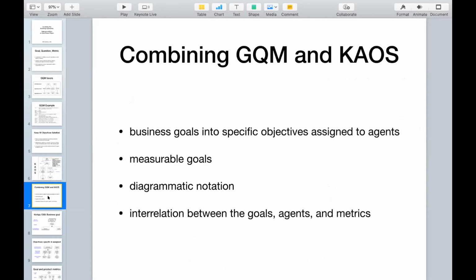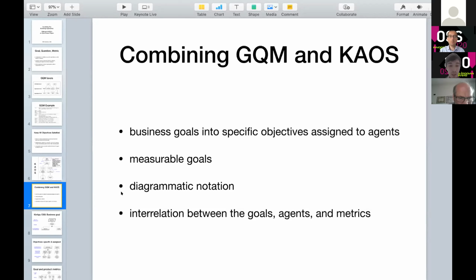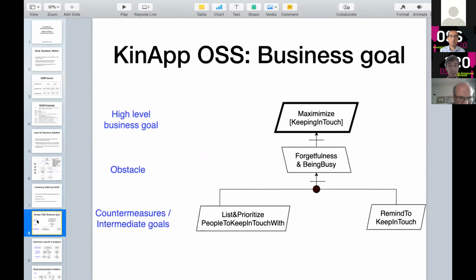Now, if we want to combine the two approaches, what could be the benefits? First of all, with Chaos, we can break business goals into specific objectives and assign them to agents. Through GQM, we can make our goals measurable. And also Chaos provides this diagrammatic notation, so maybe we can extend this diagrammatic notation and include GQM into it, and overall see how goals, agents, and metrics interplay. So here we